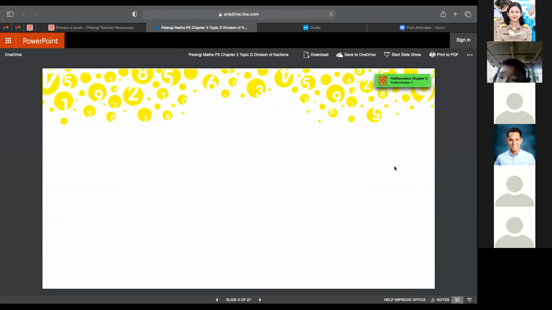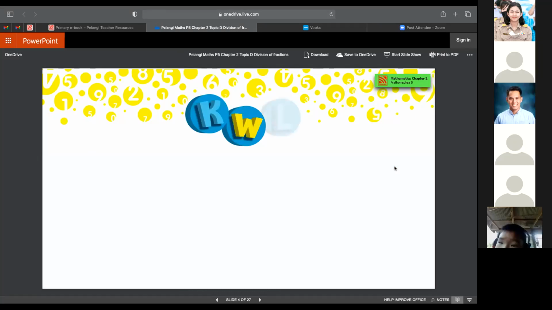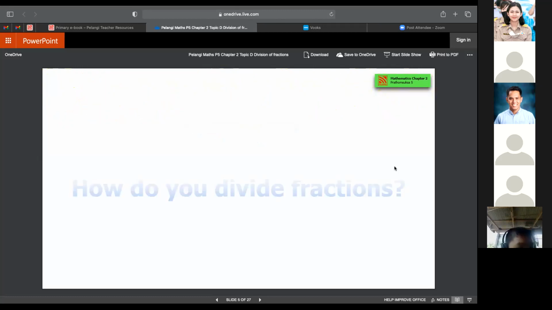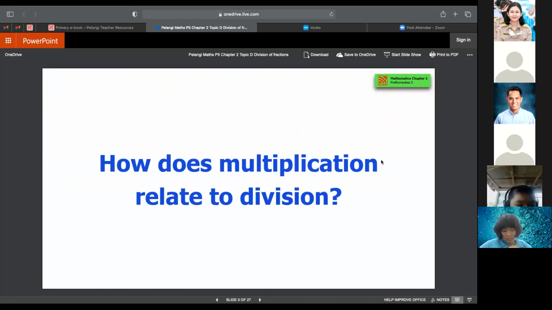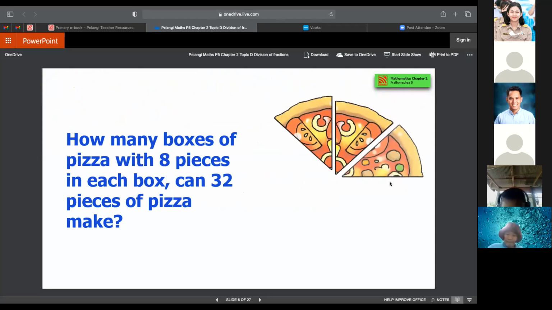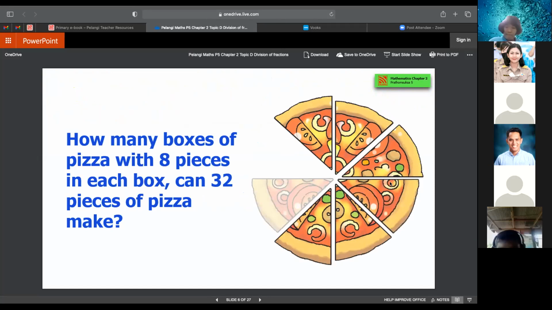Okay, so Chapter 2, fractions, we are now going to discuss section D, which is division of fractions. In this lesson, we are going to answer the question, how do you divide fractions and how does multiplication relate to division? All right, so let's have this example. How many boxes of pizza with 8 pieces in each box can 32